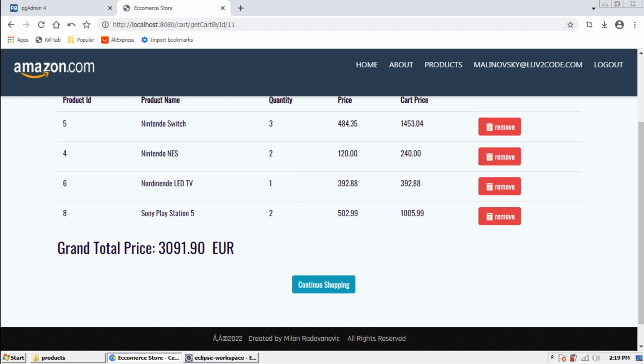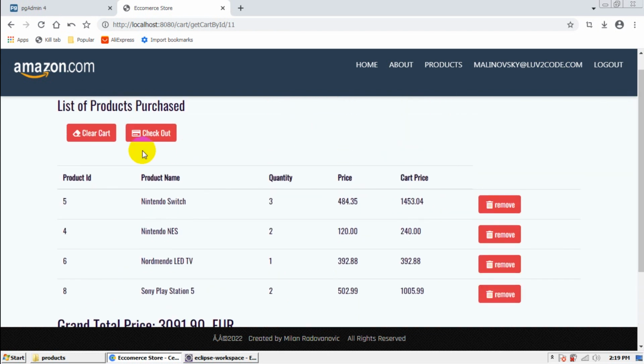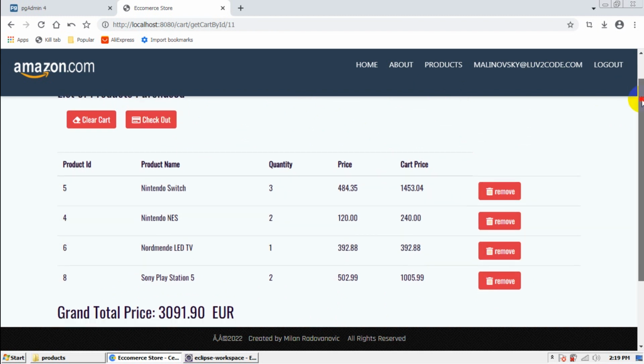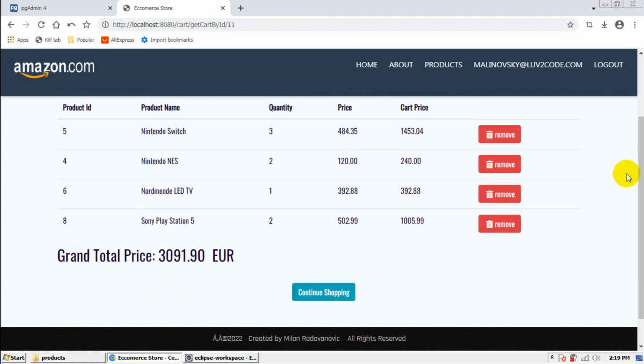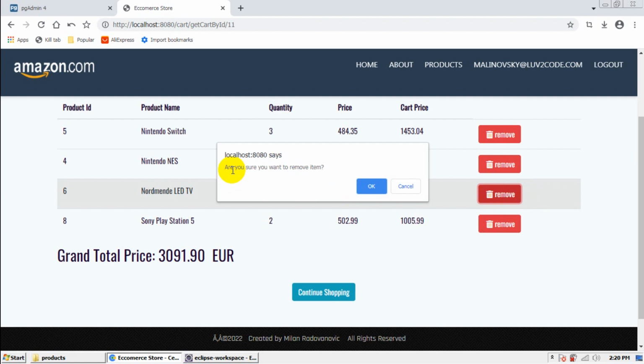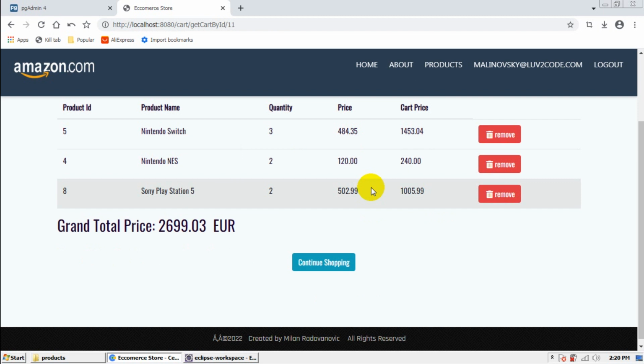Now we have an option. If we want, we can clear the cart, we can remove some individual item from the cart, or we can check out. Now let's see first individual removing, how it works. Let's remove this LED TV from the cart, and this is also, we will do it with Knockout JS and Ajax. We want to remove an item from the cart without refreshing the page. We will see, we have a question, are you sure you want to remove item? Let's click OK, and OK, as you can see, we did it